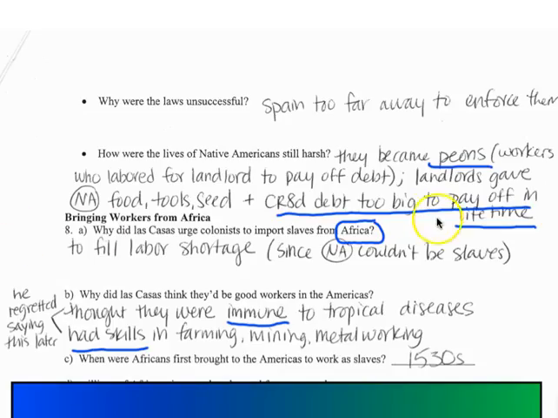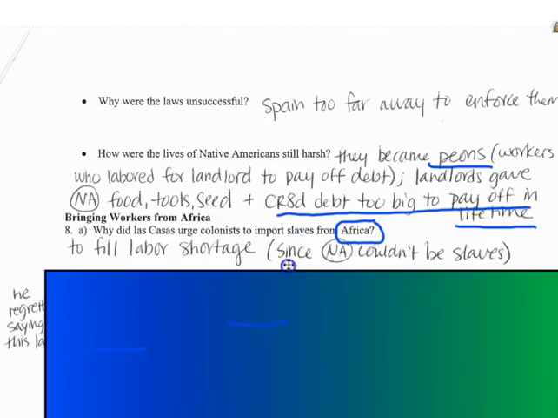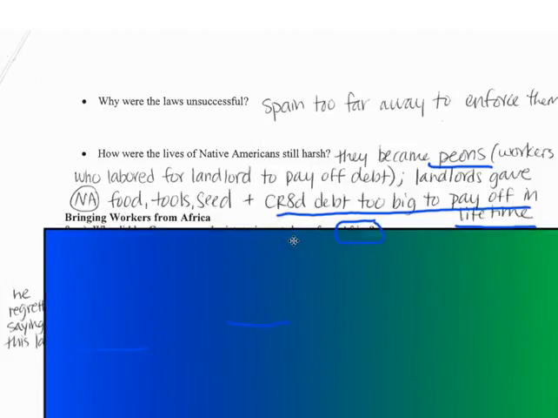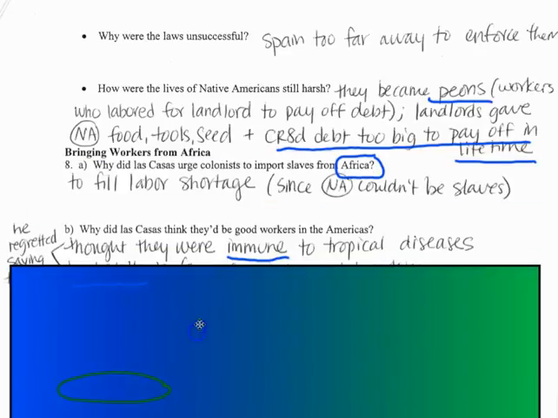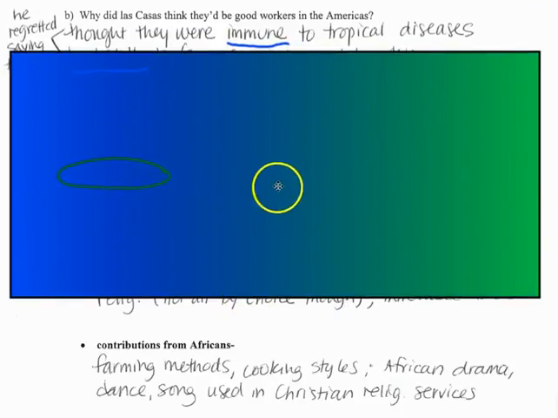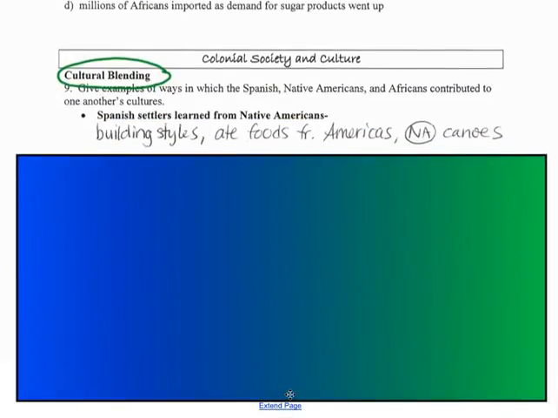On this page, the bullets at the top, how Native Americans did not benefit from exploration, these 2 bullets. Right? So to the side you could write NA didn't benefit for Native Americans. All right, I think I gave you the rest. These cultural contributions, yep, cultural blending. So go on to the next page, page 4.